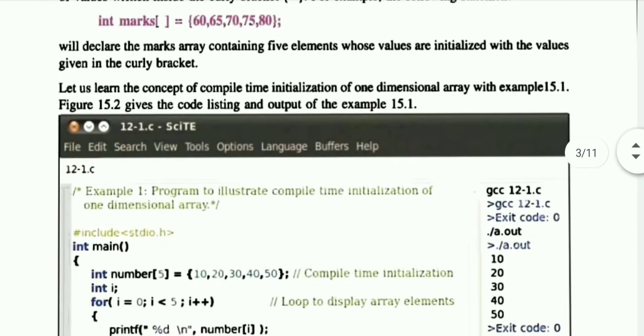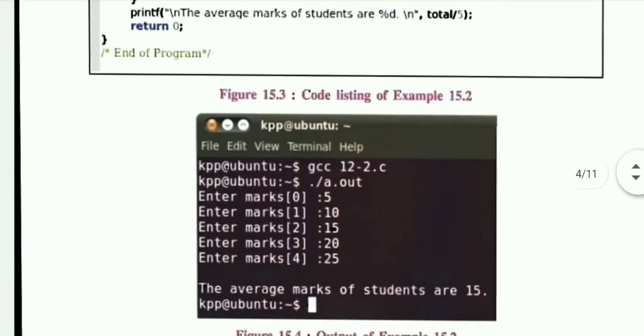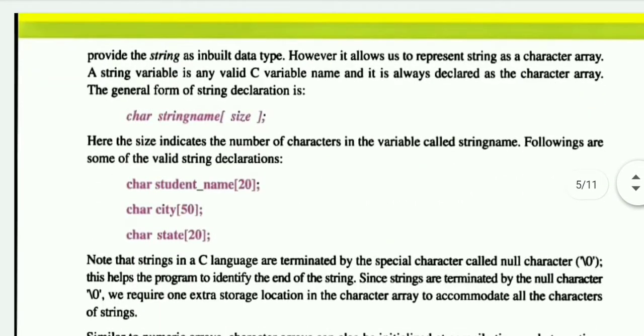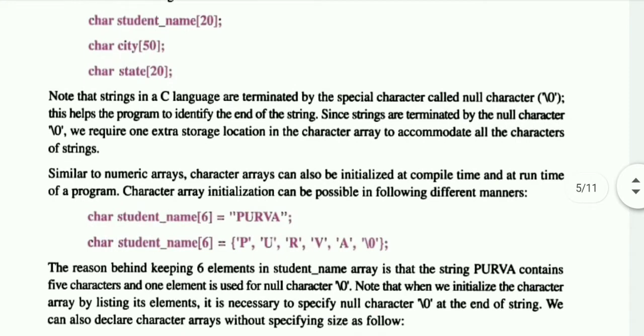Next we will discuss how to store the next type of value, that is, character values. How can we store the values of a character variable? First you have to write your data type, that is char, then your array name, that is studentName, and how many characters you can set here: you can store 6 characters only.